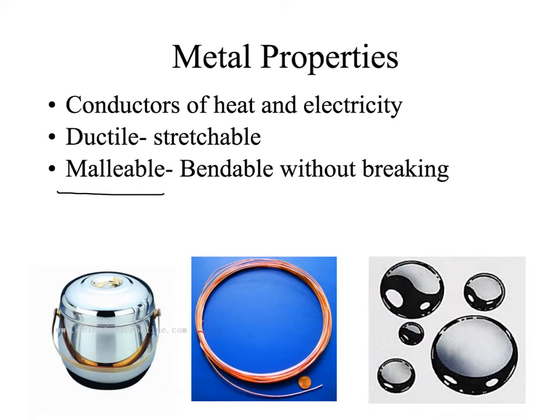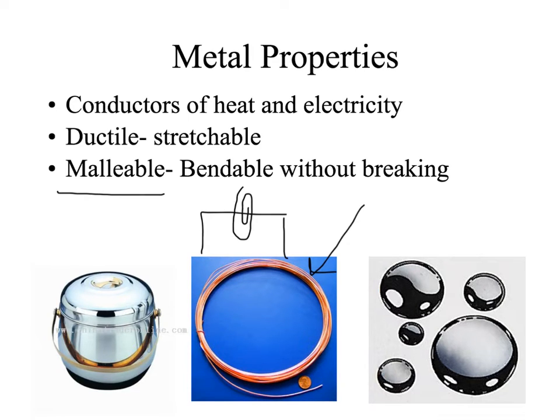The beautiful thing about metals as well is that they're malleable. Malleable means that they're bendable without breaking. Think of a paper clip. You can bend it and shape it, so that it stays there, but it doesn't actually break. And that makes sense because all of the plugs and things we plug into the wall with copper wire can bend and wrap around